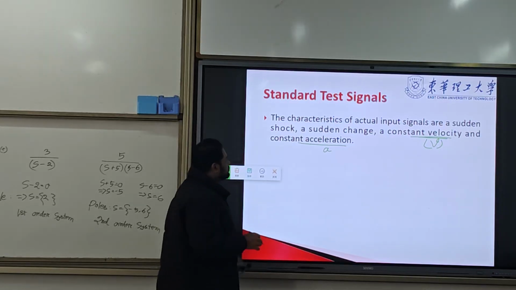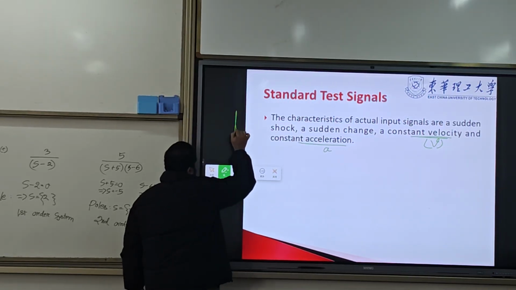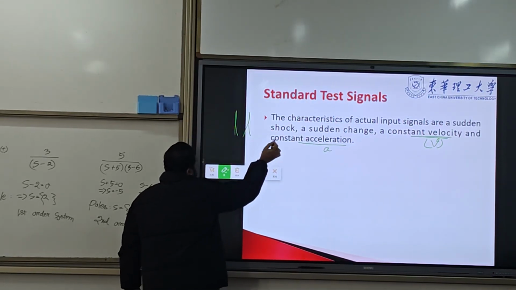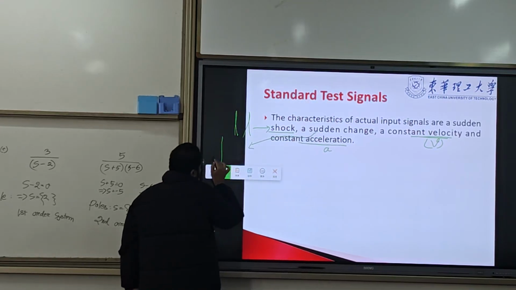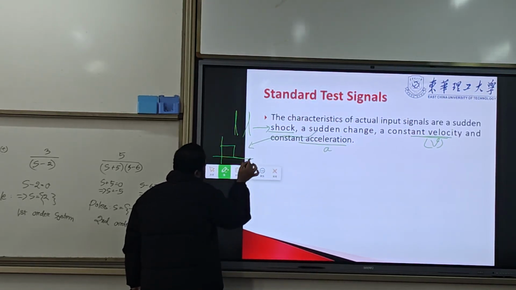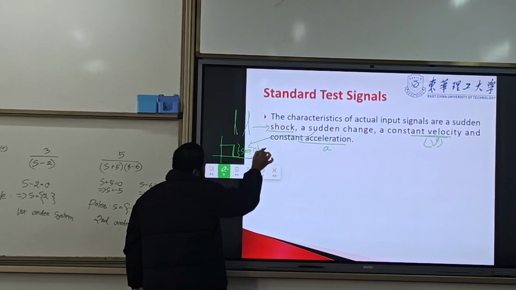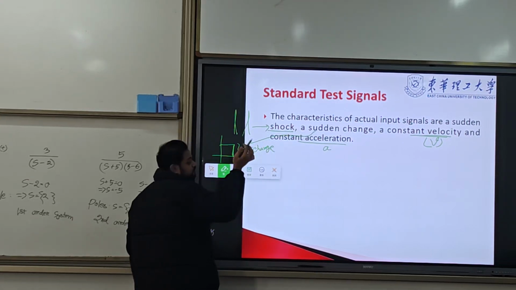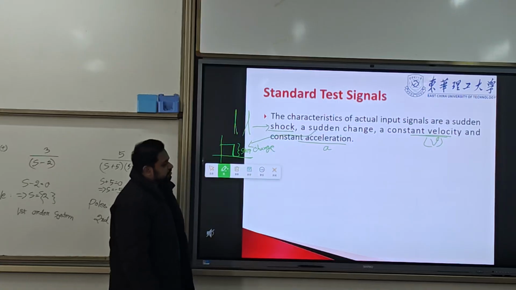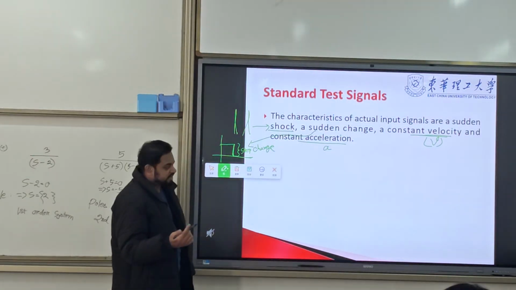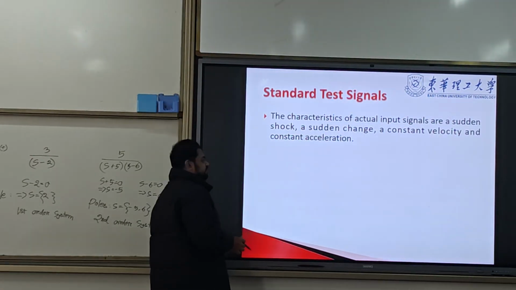1, sudden shock. Shock means this. Suddenly change. Sudden change, low to high, is a step change, or high to low. Or constant velocity, constant acceleration. These are the 4 types of changes. According to these 4 types of changes,